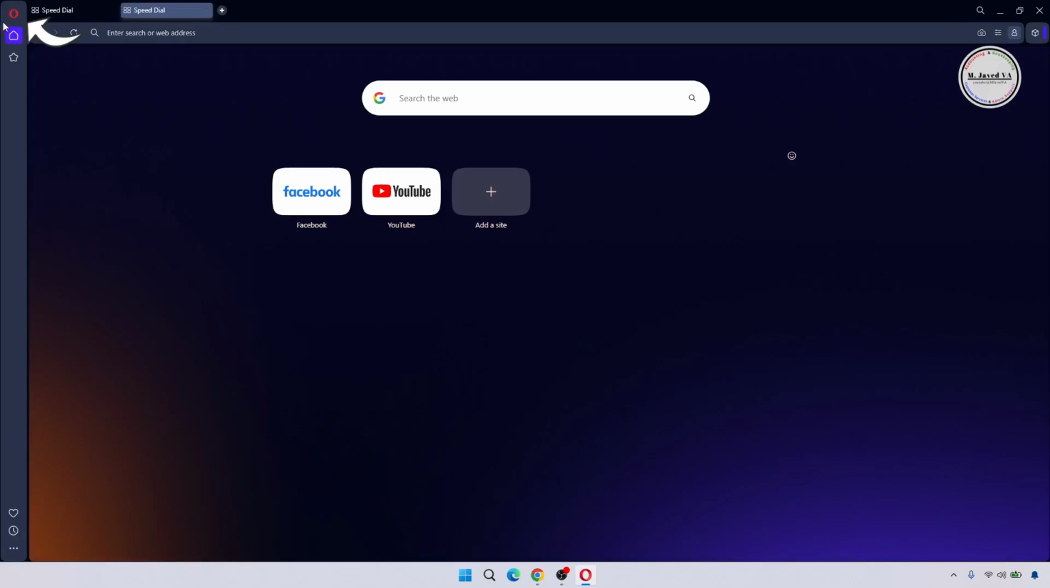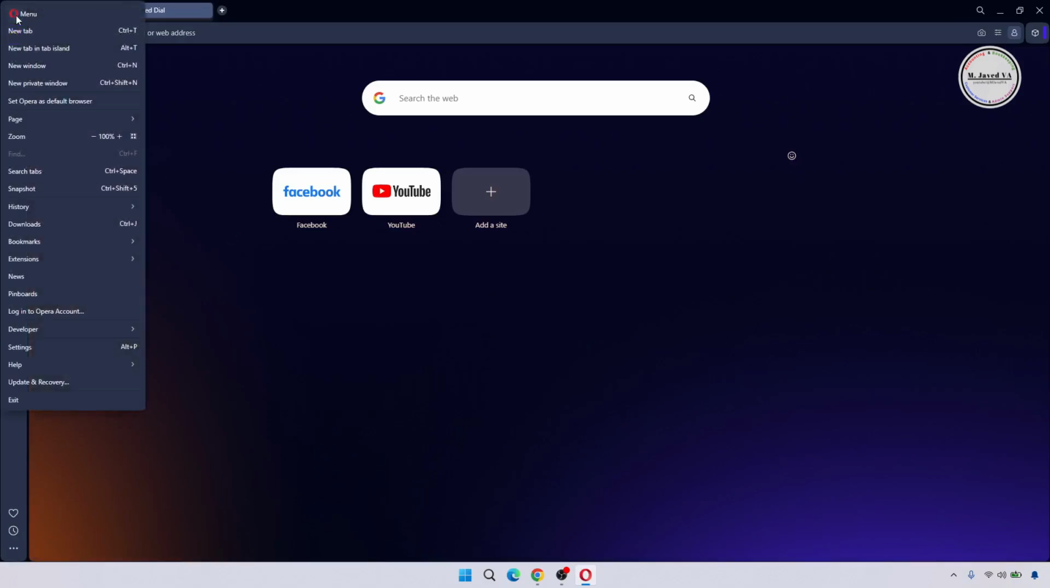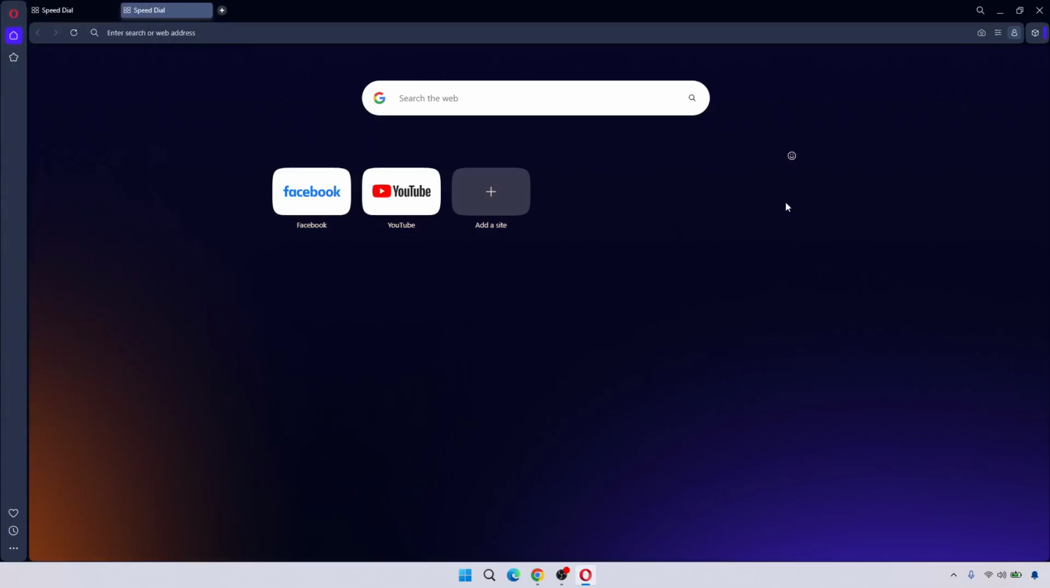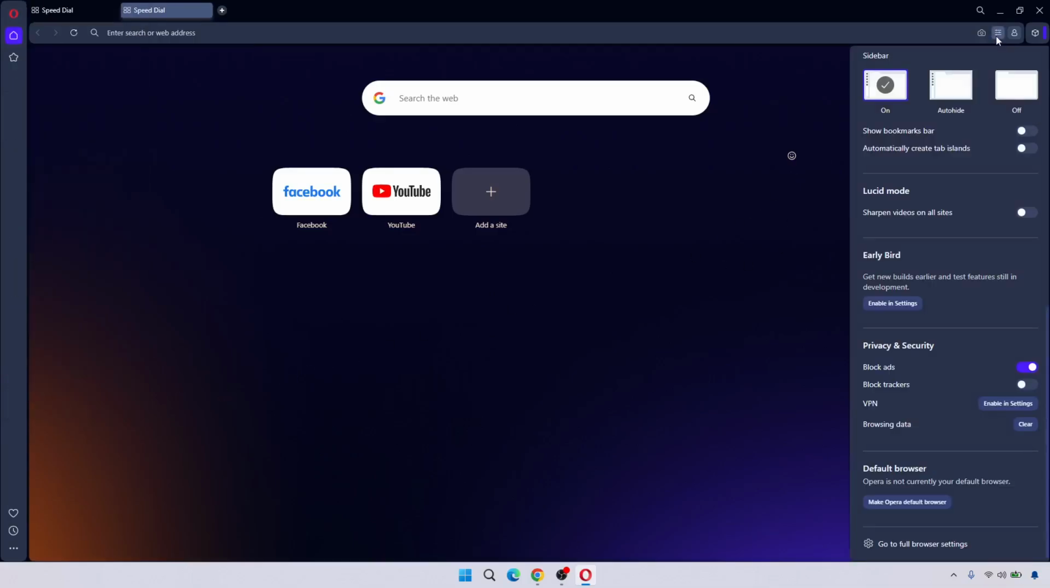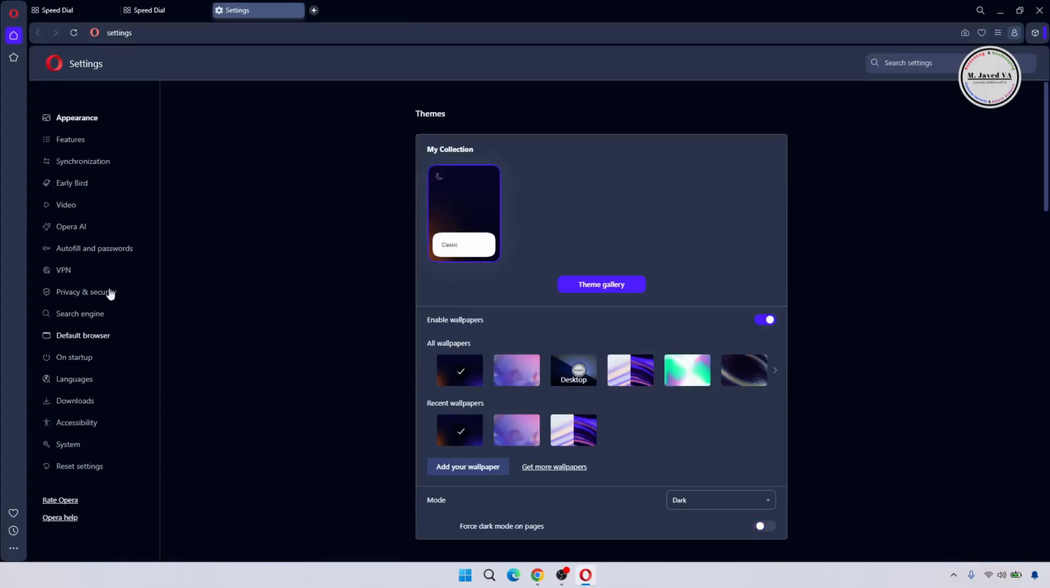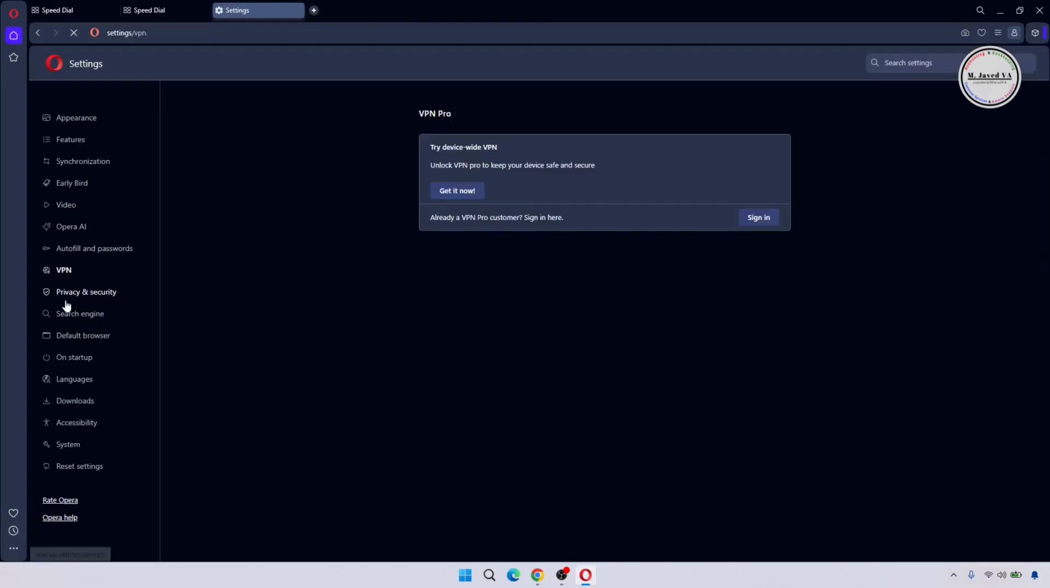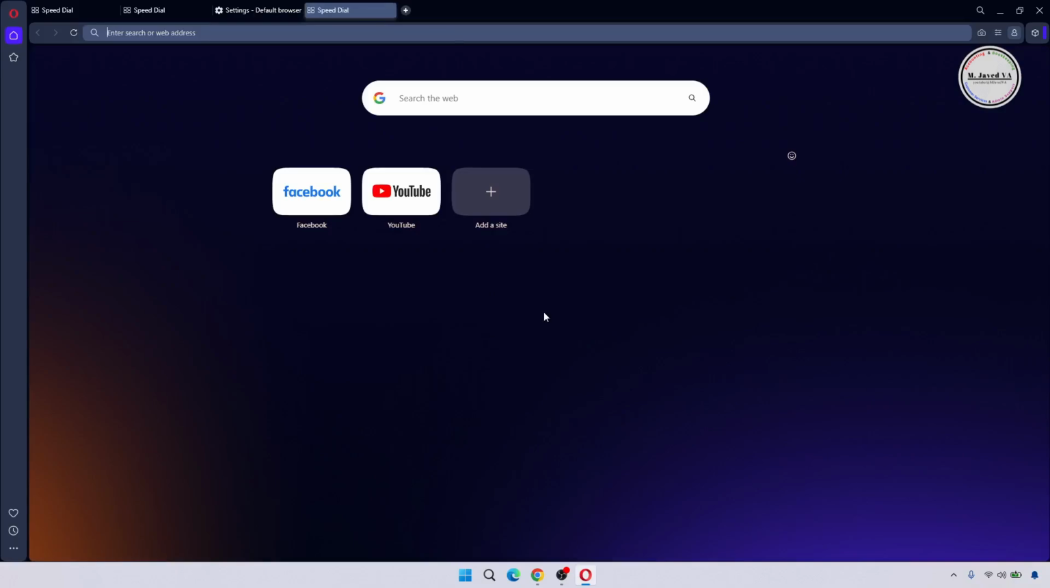Also, if you want to make any changes in the settings, just go to settings either by using Opera menu or under easy settings. And here you can make all the changes according to your needs. Anyhow, this is how you can install Opera browser, and I hope this will be helpful for someone out there,